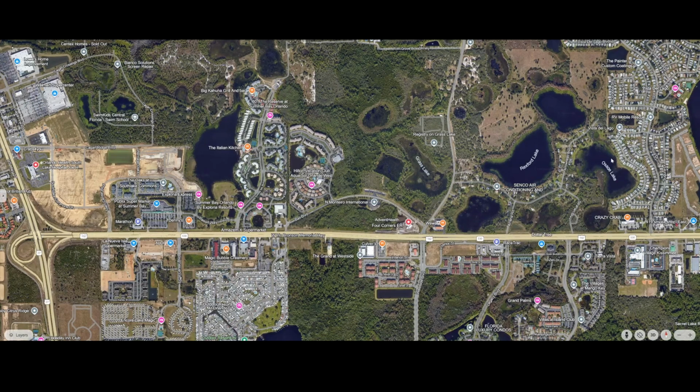Hello there. We recently returned from the Hilton Aqua Sol Resort in or near Orlando, Florida. So I thought I would give a 2025 version of what it's like to stay there. We really didn't take a bunch of pictures, but I thought it would be worth giving you at least my